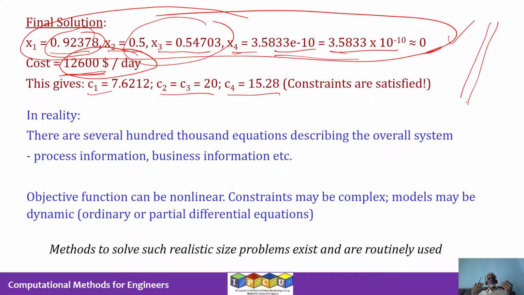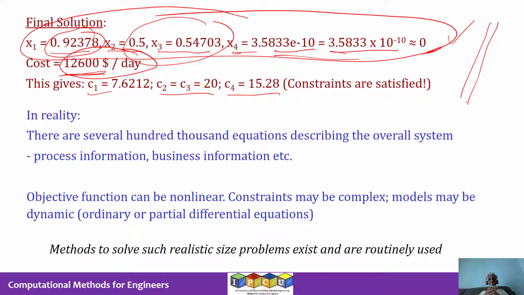So this is what we got to implement in MATLAB and see if we get these results. This is a problem involving a few constraints, maybe 4 constraints on the concentration, and you have the lower bound and the upper bound for x1, x2, x3, and x4 to be 0 and 1 respectively. So those are the constraints. We have these lower bound, upper bound constraints on x1, x2, x3, x4. You have upper bound constraints on C1, C2, C3, and C4. So these are the constraints that are there.